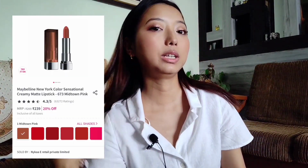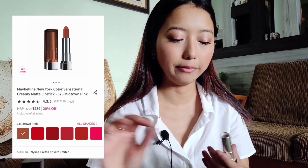I'm going to use my Maybelline 673 lipstick in Midtown Pink. It's a very nice nude. I recently got this. It looks more red on camera, but it's actually a really